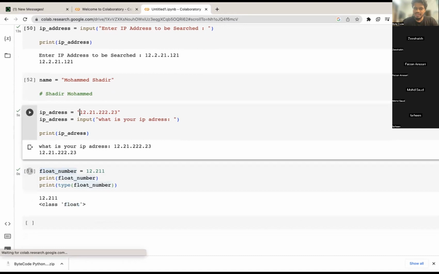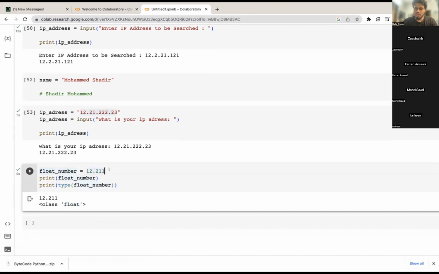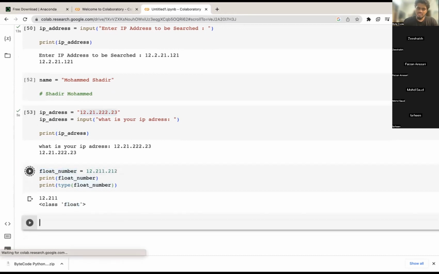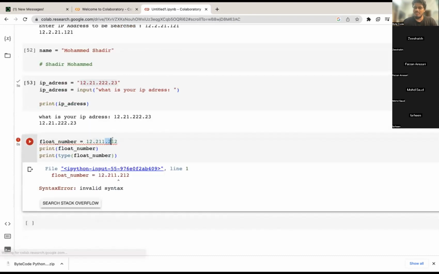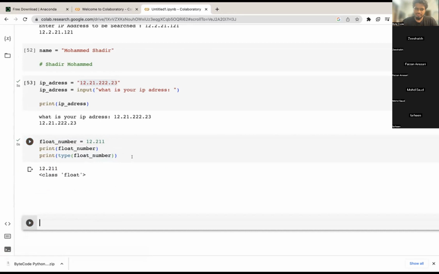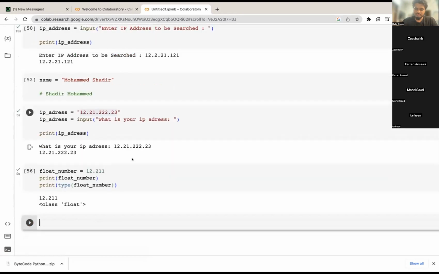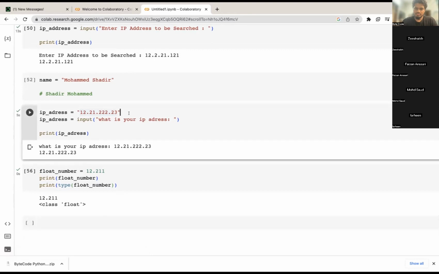But what Farin was doing wrong was introducing multiple dots. This is not allowed. Why? Because a decimal number can have only one point. Understood?